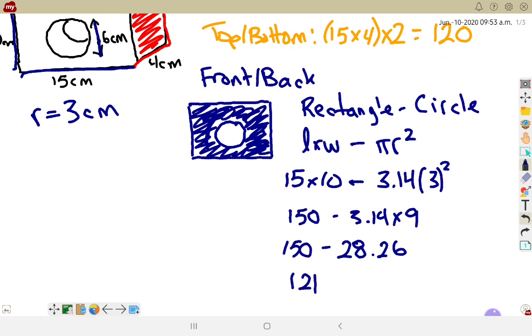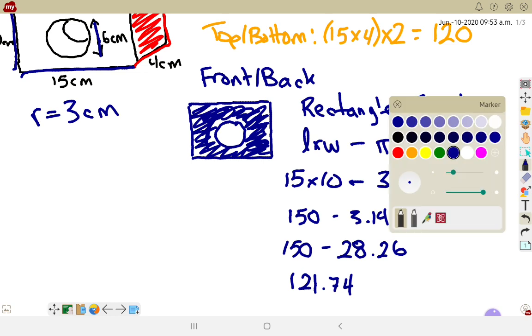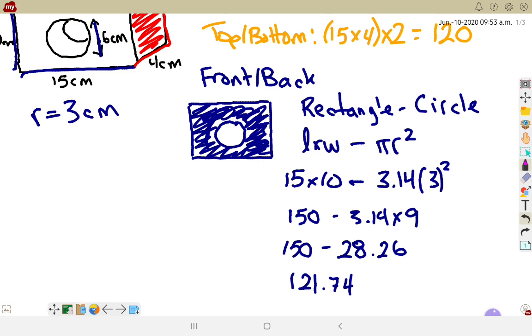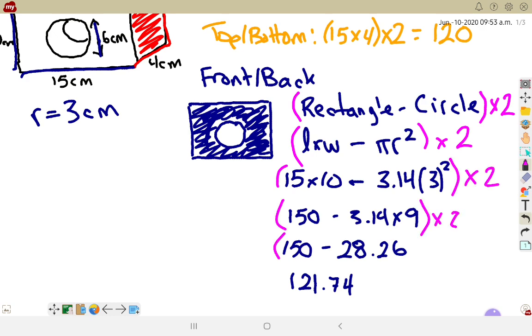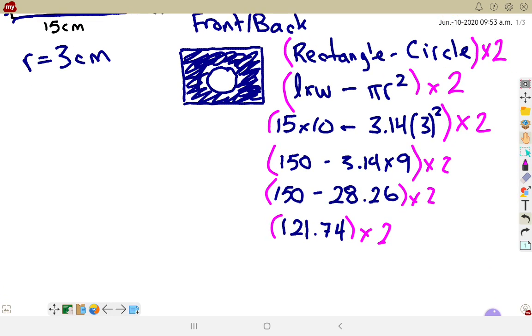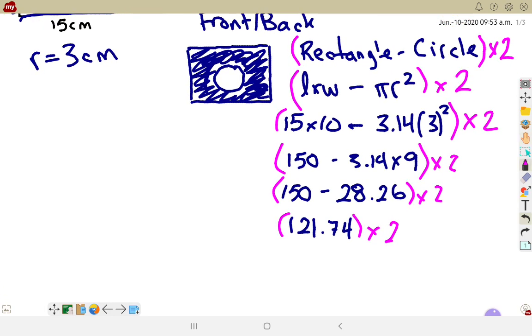Now, what I do want to remind you is that while we are doing this, this is only what the front looks like. The back is going to look exactly the same. So we did all that work to find the front. We would have to do all that work again to find the back. Well, since the front and the back are the same, I can simply take my answer and times by 2, right? I need to have 2 of this shape, which is the rectangle minus the circle. So all of that we did is going to be multiplied by 2. And so 121.74 times 2 gives me